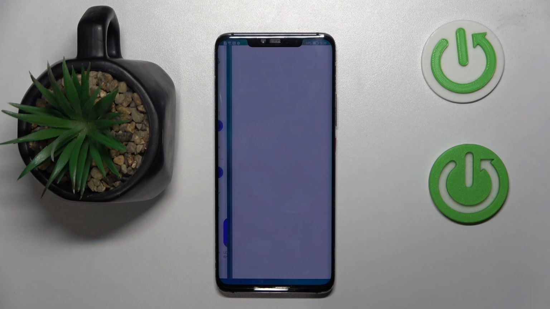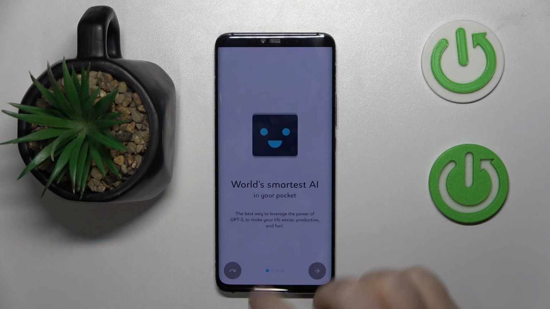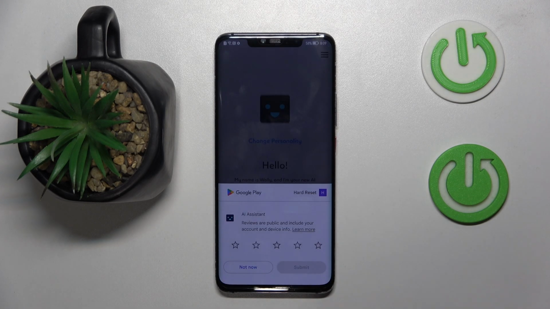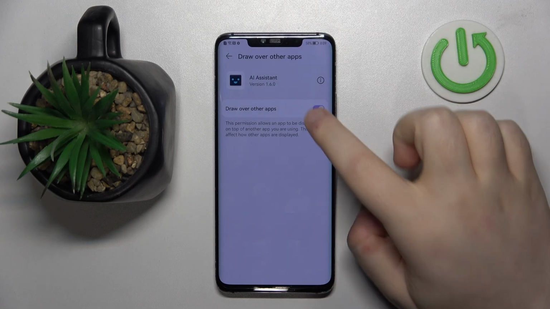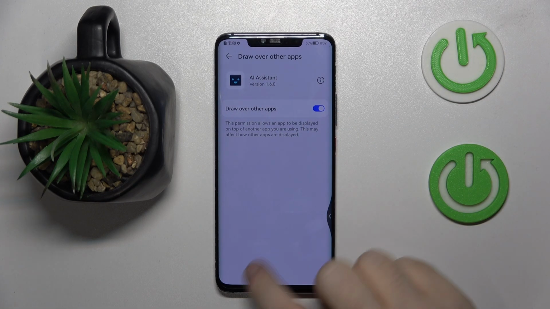Now you have to click open, and then you have to click on this button to skip introduction, then click not now, and click open permissions. Now you have to click here to allow this app to draw over other apps, and you can go back